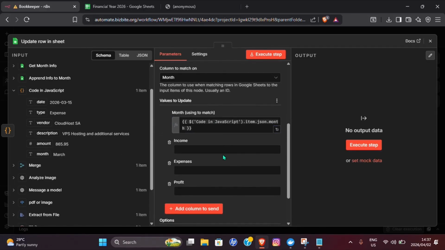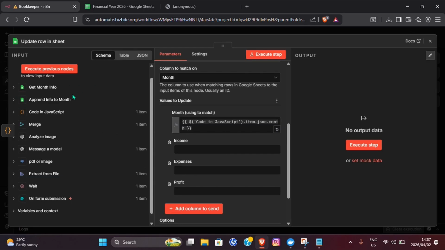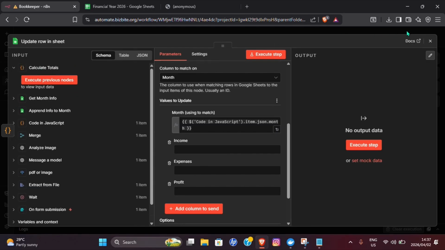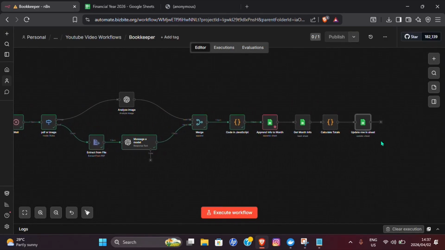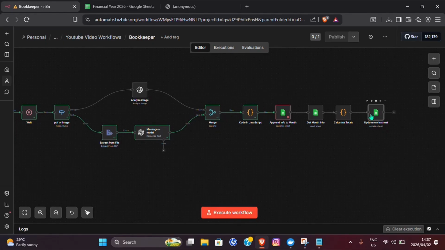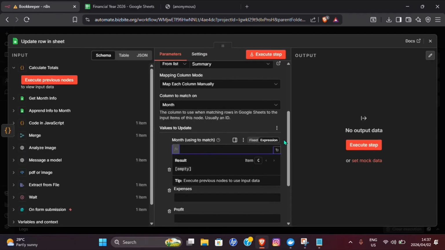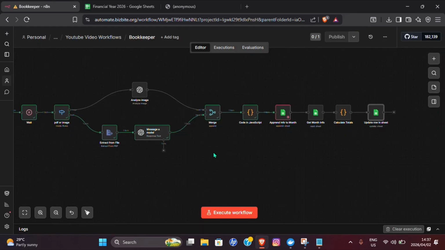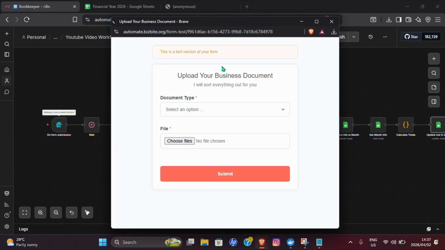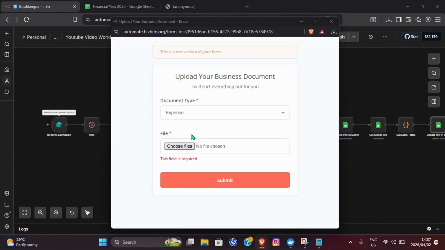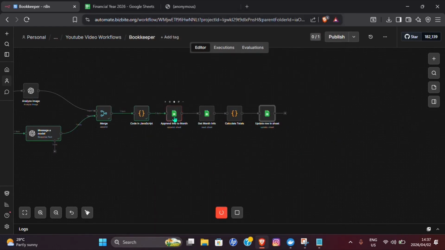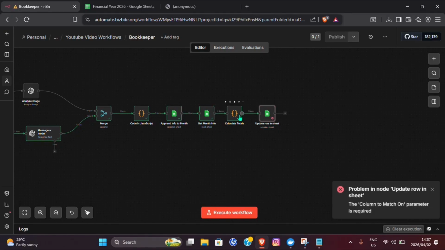We have nothing yet to work with because we'll be getting that from the previous node, which is calculate totals. So let's go ahead and run everything. But first of all, let's remove this right here so it does not enter any information. Go ahead, execute workflow, select expense, choose file, supply it right there, submit, and close that. It puts it into the correct month, then it gets that month's information, and then it calculates